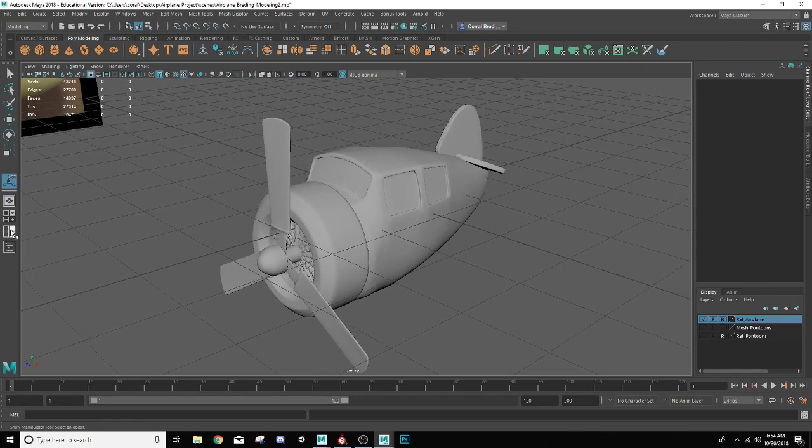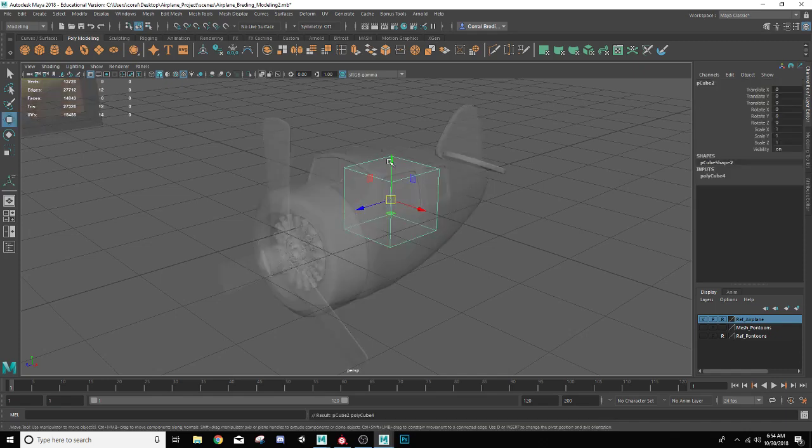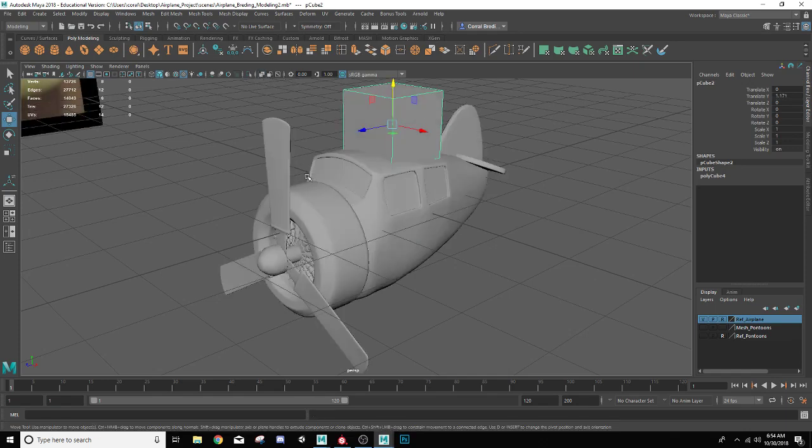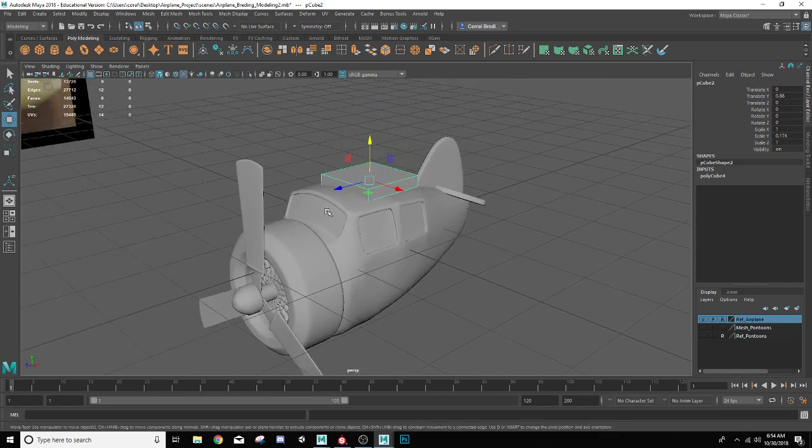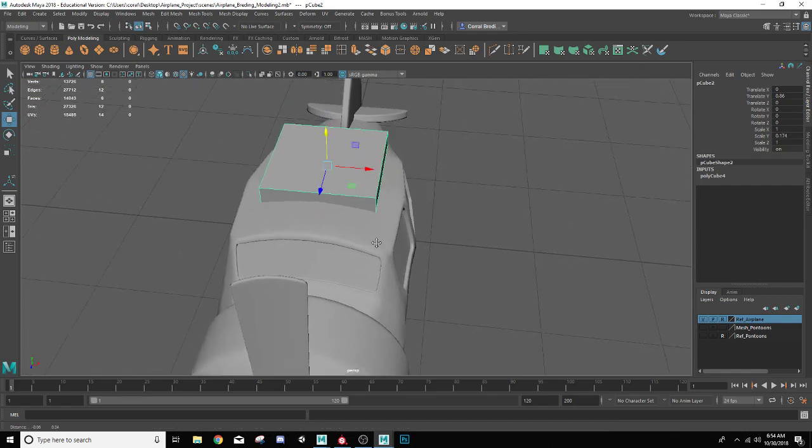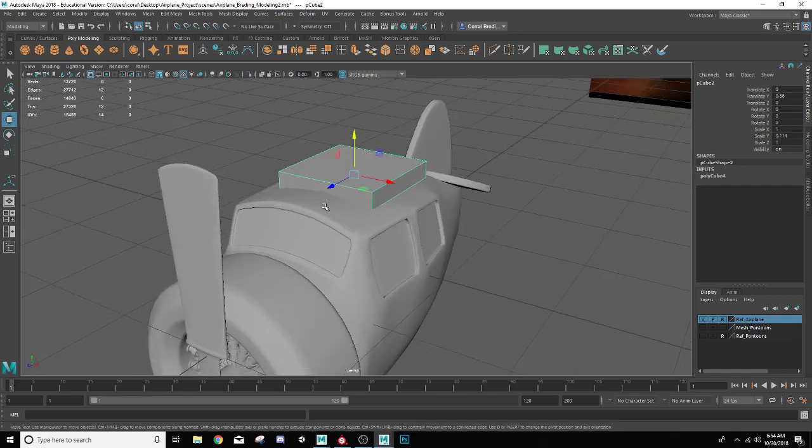We're going to start out by dropping in a cube. So I'll go ahead and create one of those. Okay, it's inside of our airplane, so I'm going to hit W. Right, real quick. Bring it up. All right, so I'm going to squash it down a little flatter so it's about what an airplane wing should be. Okay, something like that. I'm going to work with mirroring on this one just so you guys can have a